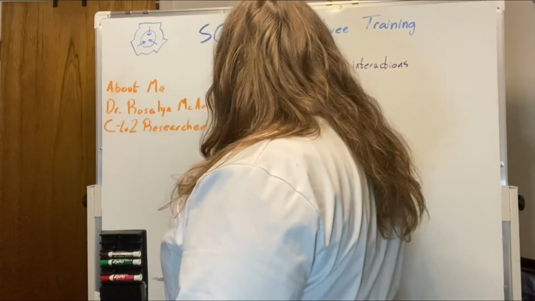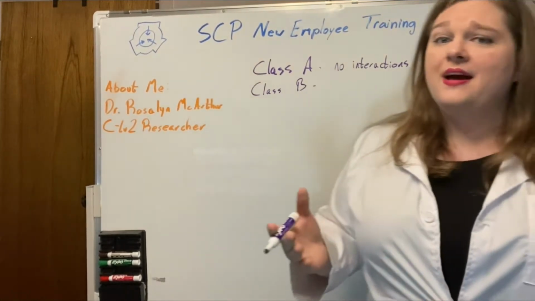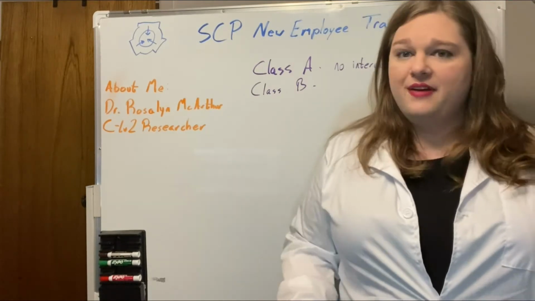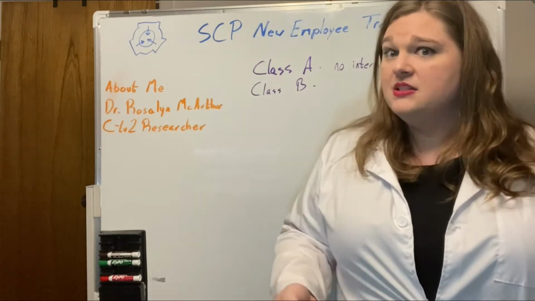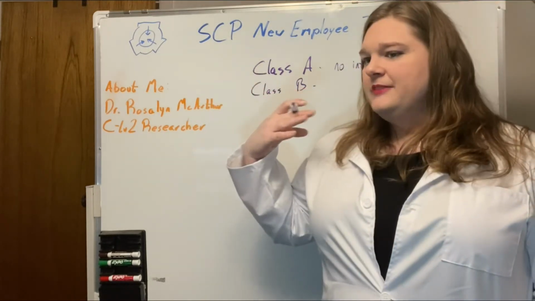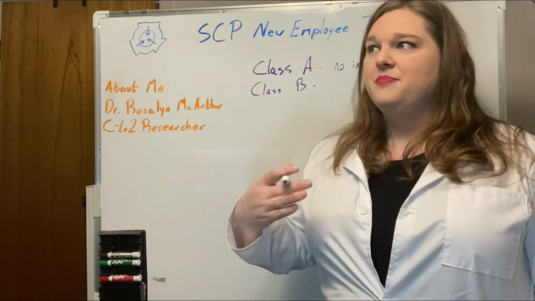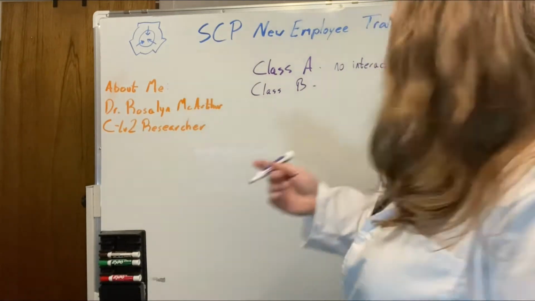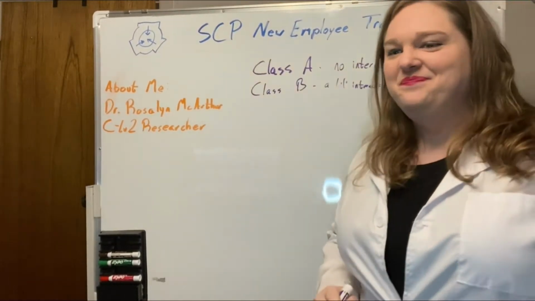Second, we have Class B individuals. Now, Class B staff are allowed to have some interaction, but they have to be very closely monitored for any sort of mimetic effects, and in the event that there is, they need to be administered amnestics as soon as possible so that there's no lasting effects. Class B individuals are also essential staff members, but generally they're going to be essential for localized operations, so that's going to be the head of the site, the lead researchers, for example, things of that nature. So, just a little interaction, that's all.